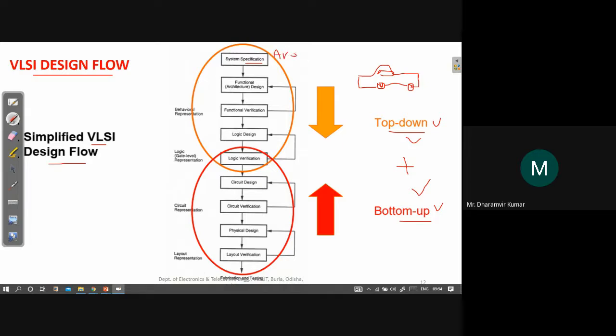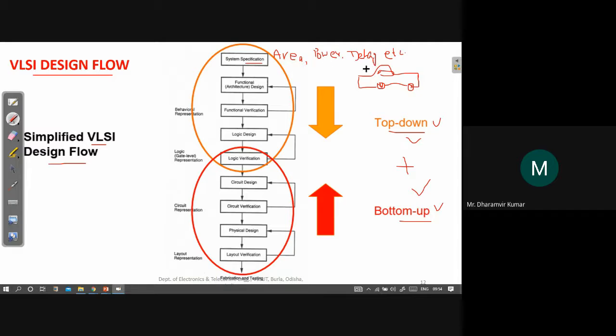Some specifications might be area, how much area it should consume, then power, how much power it should dissipate, then delay, at what speed it should operate at least. And there would be some other specifications. You'll have to follow those specifications.